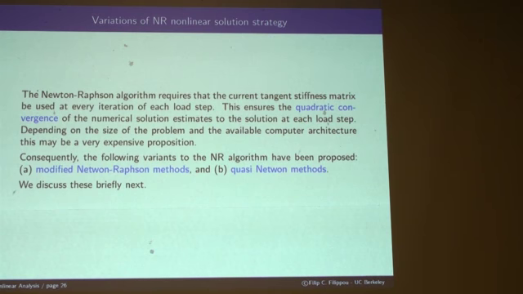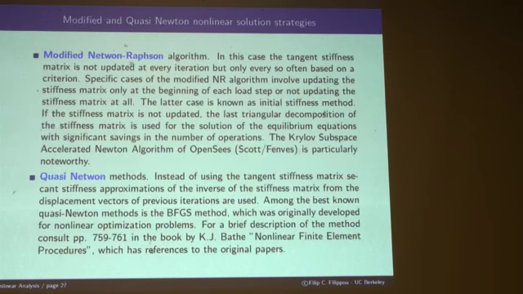Depending on the size of the problem and the available computer architecture, this may be a very expensive proposition, as I said earlier. Consequently, the following variants, and I think Michael was instructing me before that I should have a third variant here, which are these Krylov methods, which don't fit in either the quasi-Newton or the modified. They're called accelerated Newton-Raphson methods. Third category. Right? I was always putting them in here, but I stand corrected. And I say we discuss this briefly next, I'll skip that. There are variants of the Newton-Raphson algorithm, okay, blah, blah,